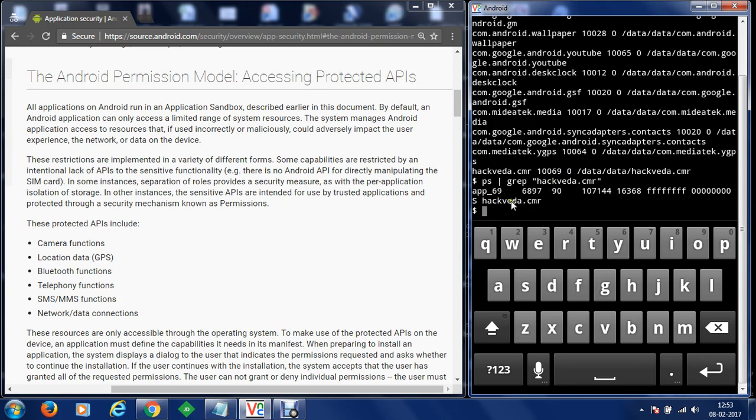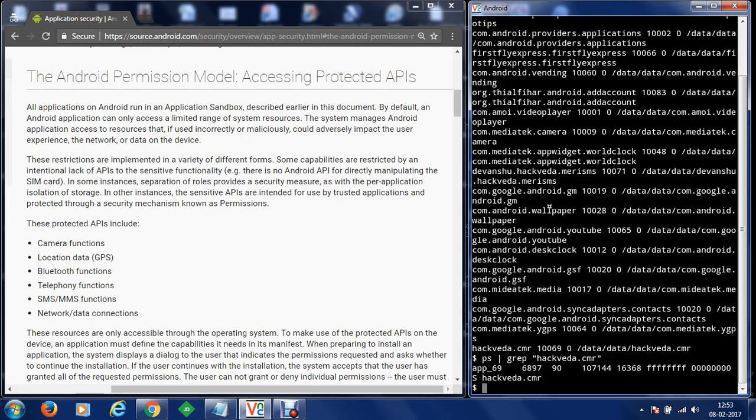So in case hackweather.cmr is exploited, only resources which are accessible by the account app_69 will be compromised, and all other individual services like camera, location, data, will be protected. So this is how the Linux operating system maintains security of Android applications using the application sandbox environment. Thank you for watching.